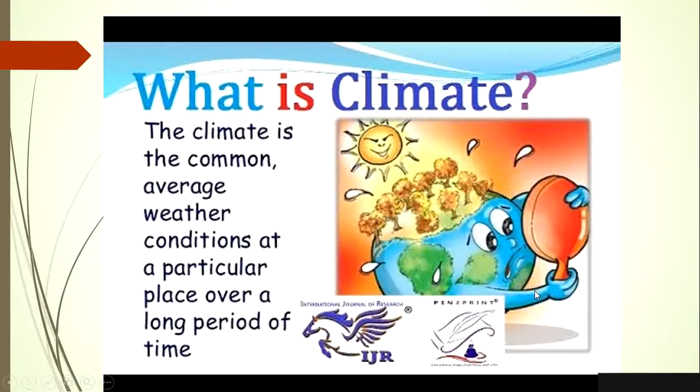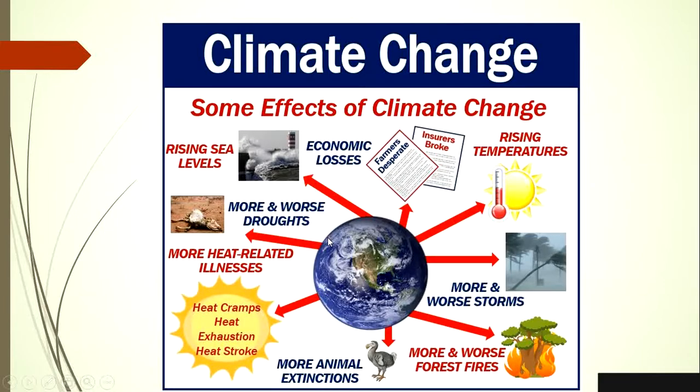So what is the climate? The climate is the common average weather condition at a particular place over a long period of time, students. So you see the sum effect of that climatic change: more and worse forest fires, more animal extinctions, heat cramps, heat exhaustion, heat stroke, more heat-related illness, more and worse drought is also there, and